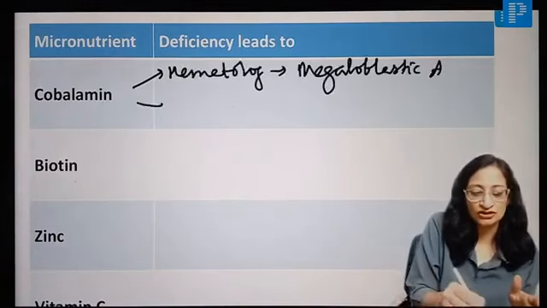Vitamin C deficiency, what does it cause? So vitamin C deficiency leads to scurvy. What happens in scurvy? The collagen does not form properly because formation of collagen requires vitamin C. If collagen is not formed properly, and collagen is the backbone of blood vessels, the blood vessels are fragile. So what all can you have? You can have gum bleeding. You can have painful subperiosteal hemorrhage involving the long bones. Subperiosteal hemorrhage of long bones.